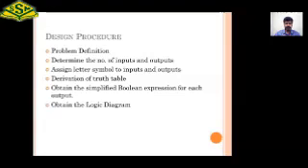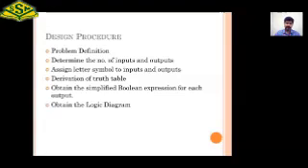If you are taking up an adder, then the problem is that we need to add two numbers or three numbers or four numbers, n numbers, and it should give an output. There will be two outputs for an adder: a sum and a carry. That's the problem definition. Later, determining the number of inputs and outputs.